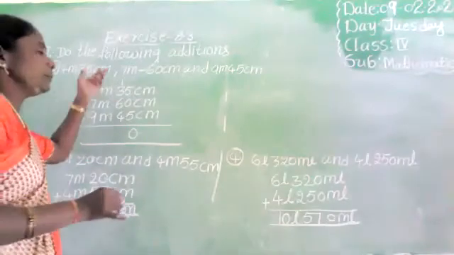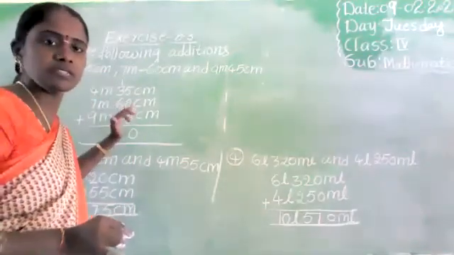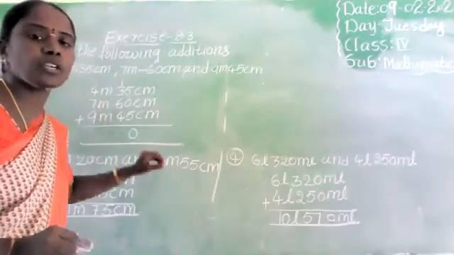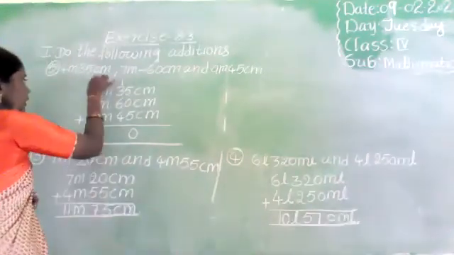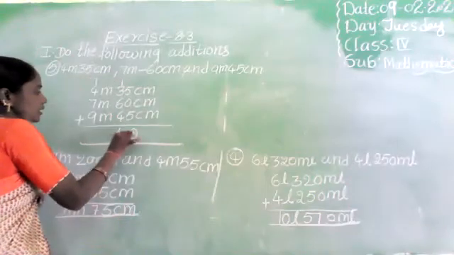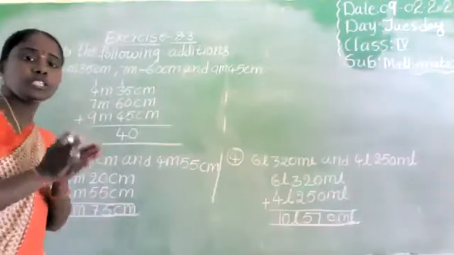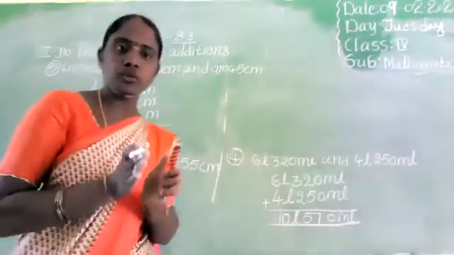Next, 3 plus 1. 3 plus 1 is 4. 4 plus 6 is 10. 10 plus 4 is 14. Very good, Manisha. 14 also has a carrying number. Take the carrying, right? Write the answer. 14 is a 2-digit number.